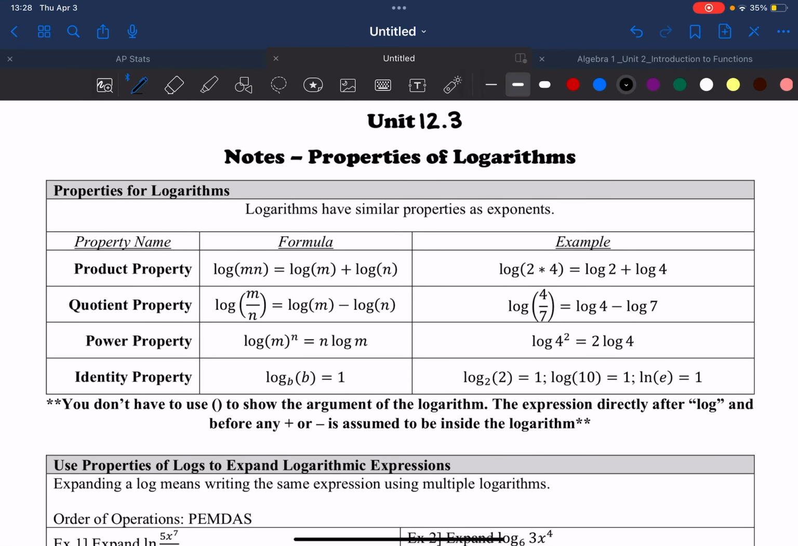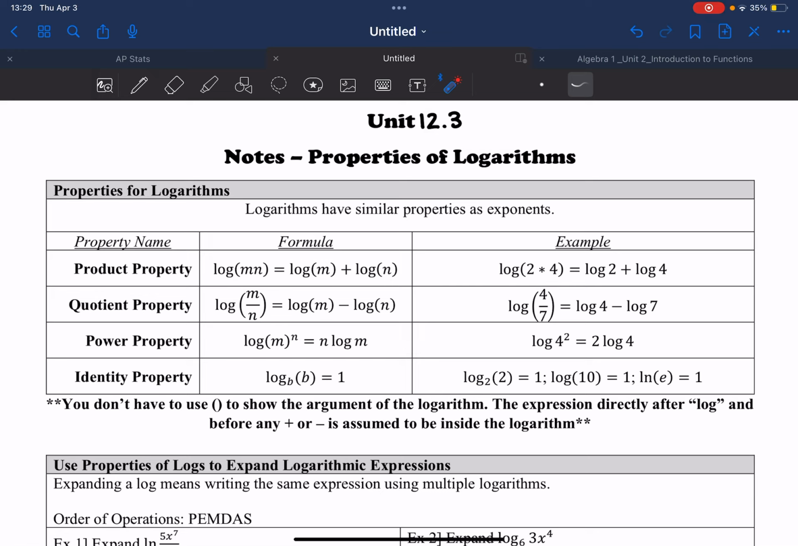Okay, these are notes over properties of logarithms. As we're going through these notes, you should notice that a lot of these properties look familiar to properties of exponents that you learned in Algebra 1. So going through each of the properties, we have 4 properties: the product property, quotient property, power property, and the identity property. For the product property, we have log of m times n is equal to log of m plus